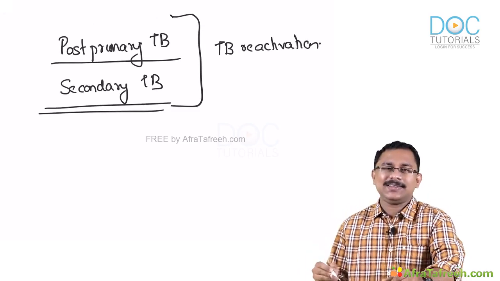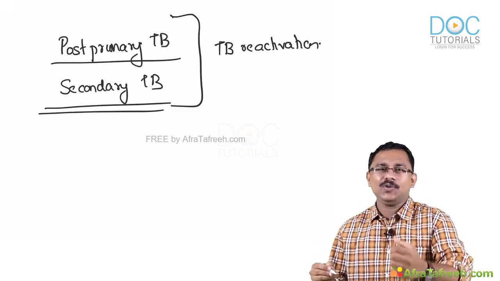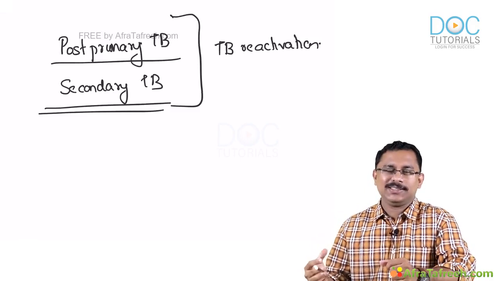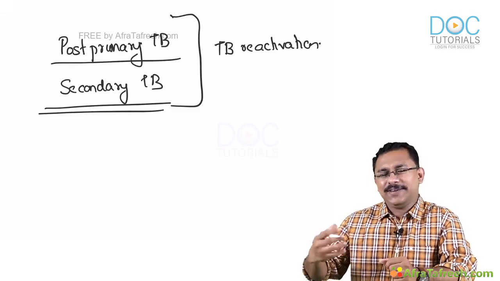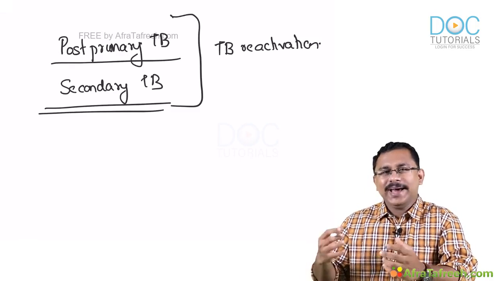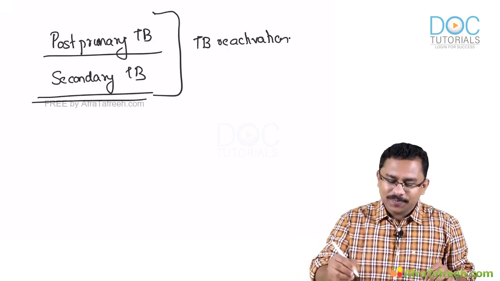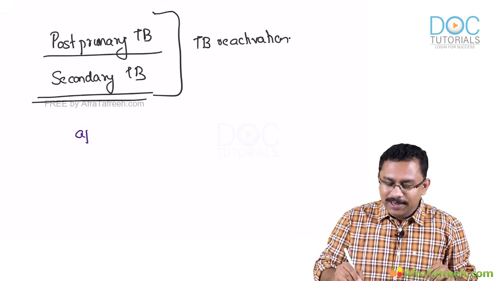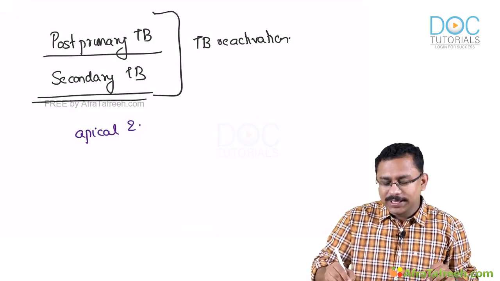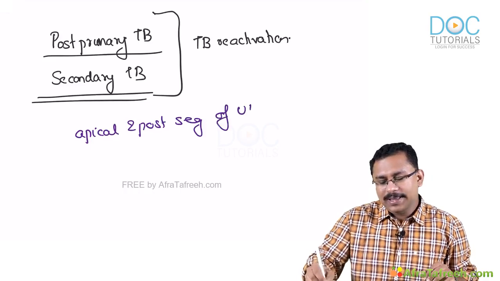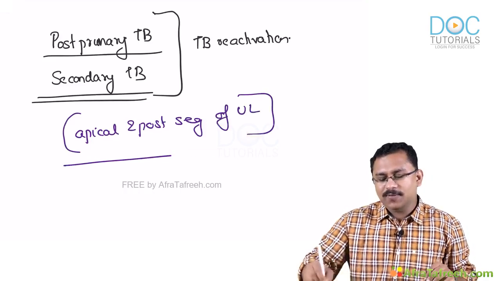Tuberculosis reactivation, that is your secondary tuberculosis. Now, when such a reactivation of this infection occurs, it is predominantly the apical and posterior segments of the upper lobe that are going to be involved